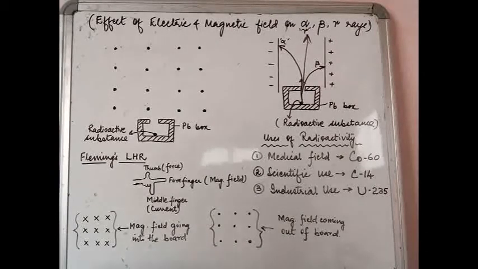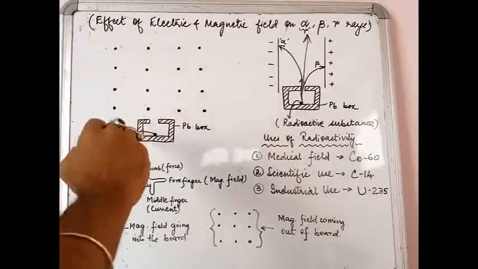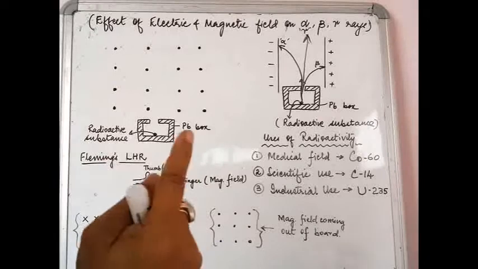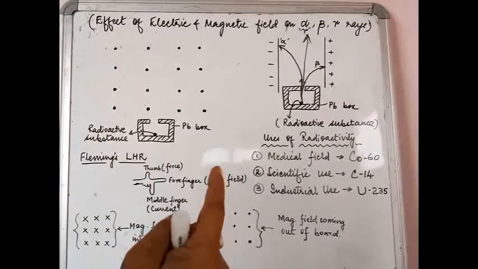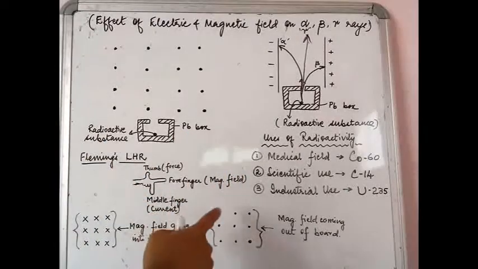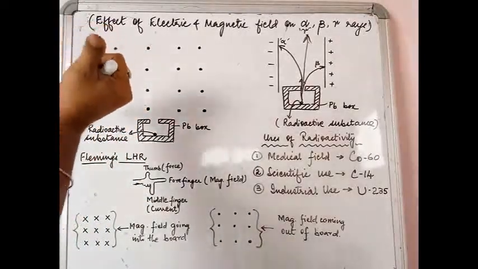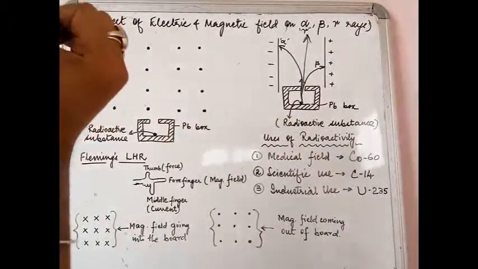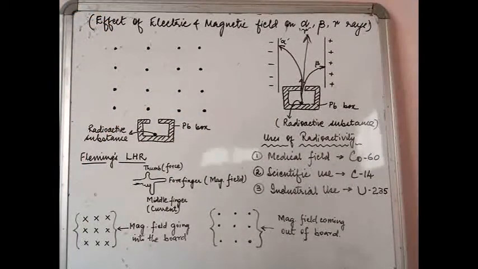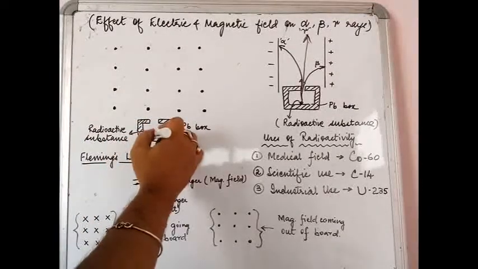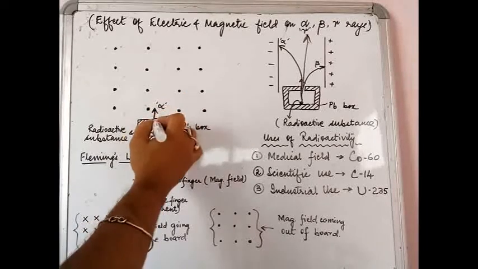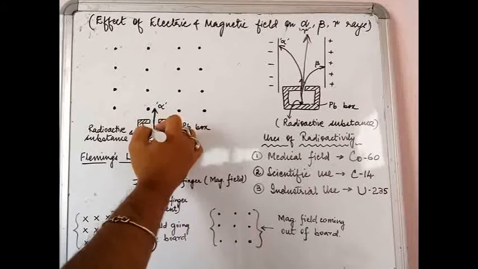Okay, so now coming back to this particular setup, do you see crosses or do you see dots? So obviously we see dots. So the first thing that you decide in your mind is that the magnetic field is coming out of the board. Now that is the first thing that you have to keep in mind. Now supposing there is an alpha particle that is trying to come out. Suppose that there is an alpha particle that is coming out.